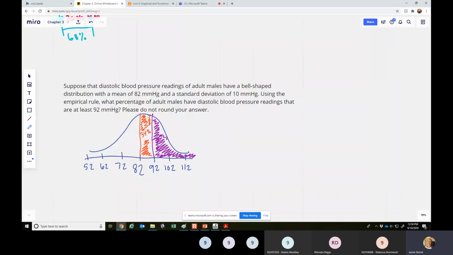So we know that 50% would have been everything, so 50% minus 34%, because we're taking away this piece, would be 16. So that would be 16% of adult males had diastolic blood pressure readings that were at least 92